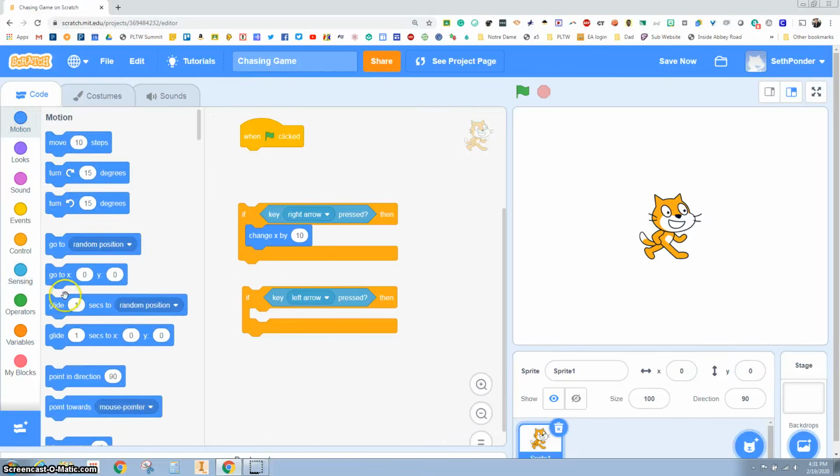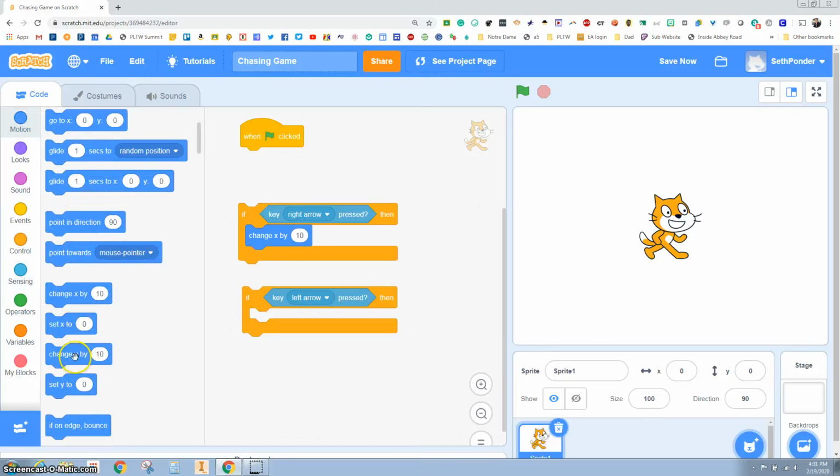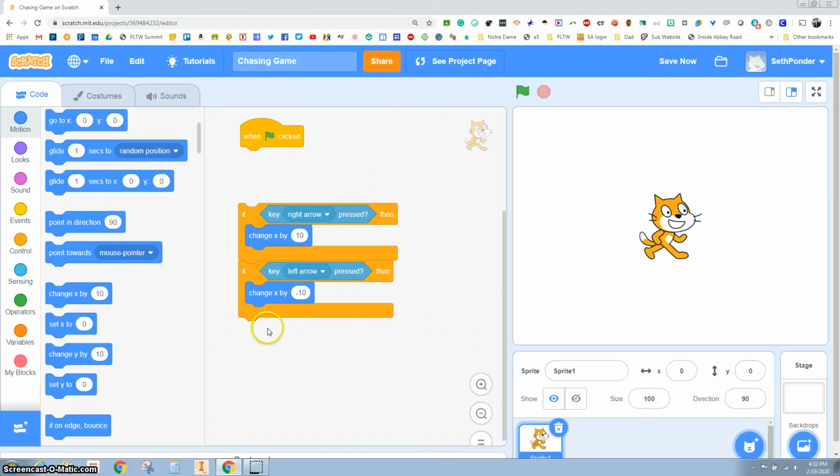So I go up here to motion and find change X, and then I throw a negative sign in front of that. I'm going to connect those together. Another way I can do that